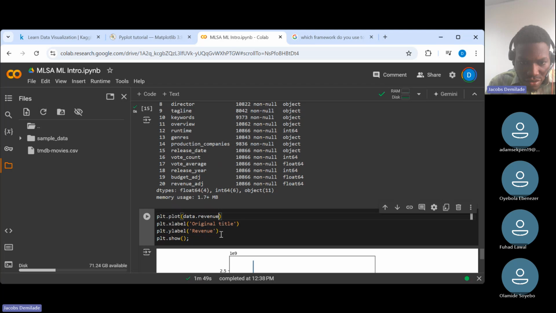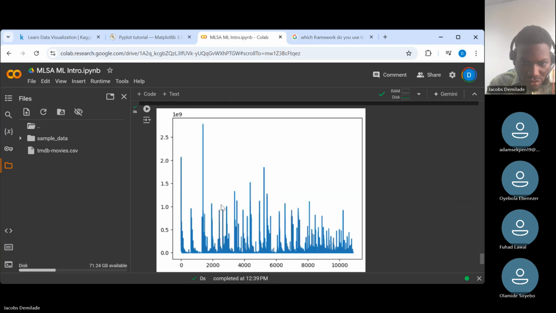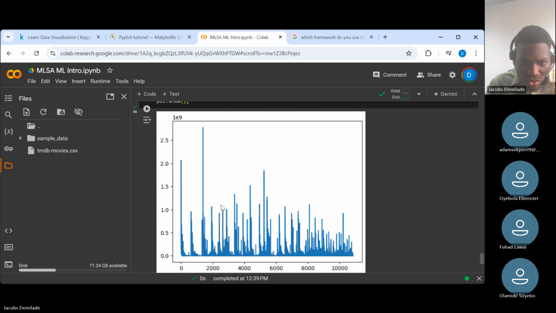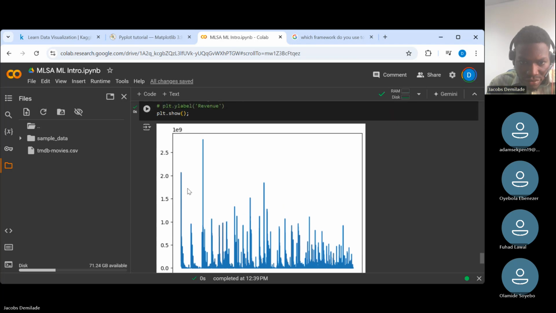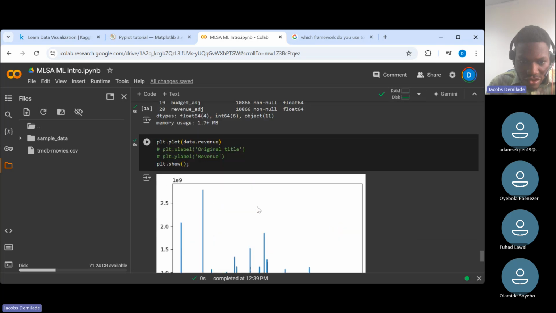Let me just plot the revenue data. I can see that this is even too, so this is 2.5 times 10 raised to power 9. And these are various values. Or if you check